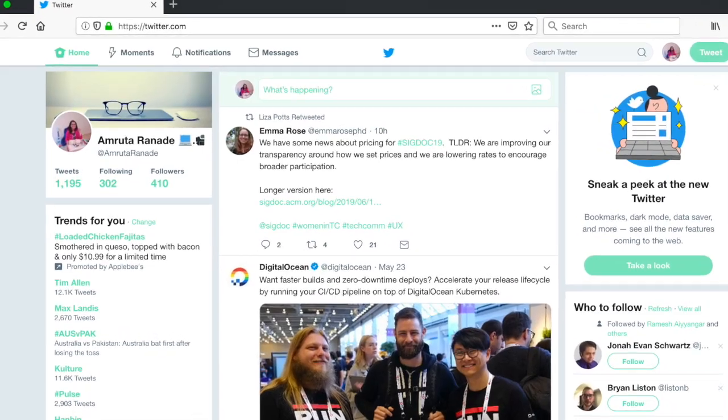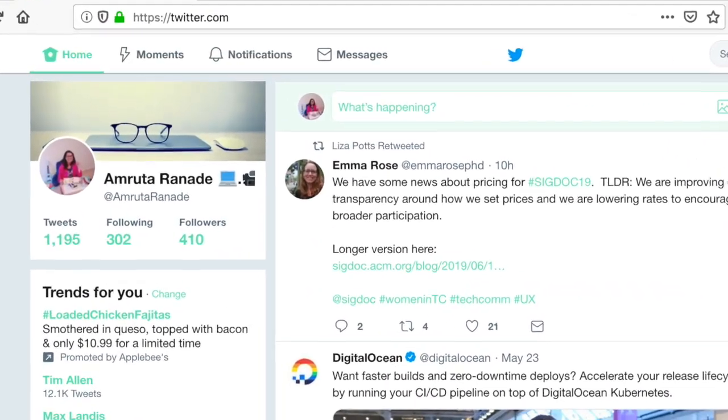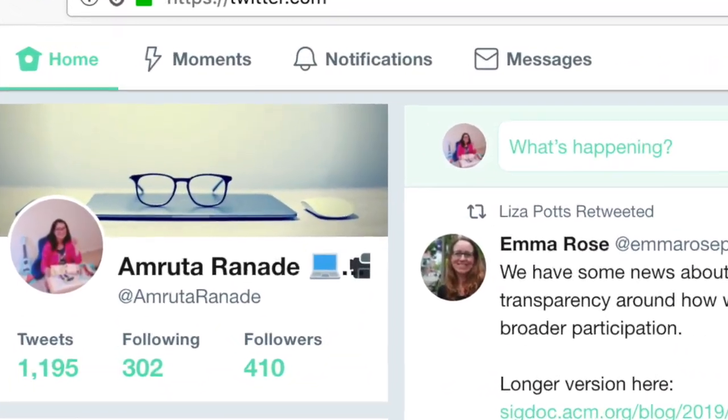Today I'm going to share my microcopy and UX writing process. Microcopy refers to the words that appear on a user interface that help the users understand how to use the product. For example, let's consider twitter.com. On Twitter's user interface, you can see words like home, moments, notifications, messages. Each of these words has been selected very carefully to make sure that the user knows how to use Twitter.